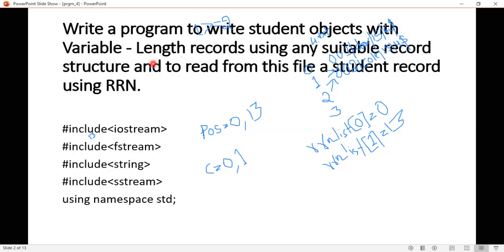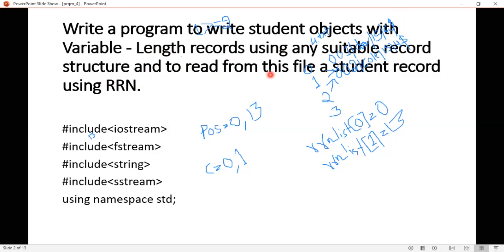We'll see this program again with variable length records. You have variable length records, using any suitable record structure. We have used the record structure with delimiters, that is field delimiter and record delimiter, for the variable length packet.